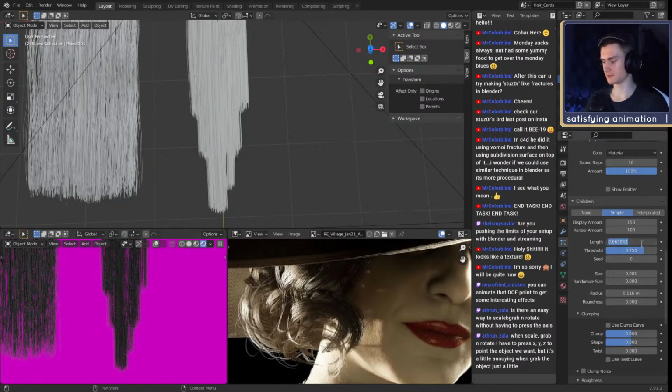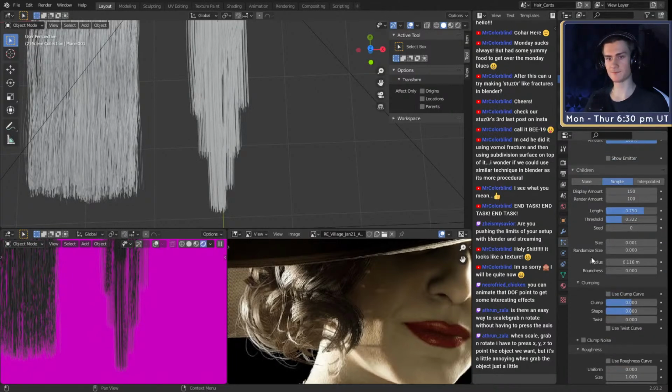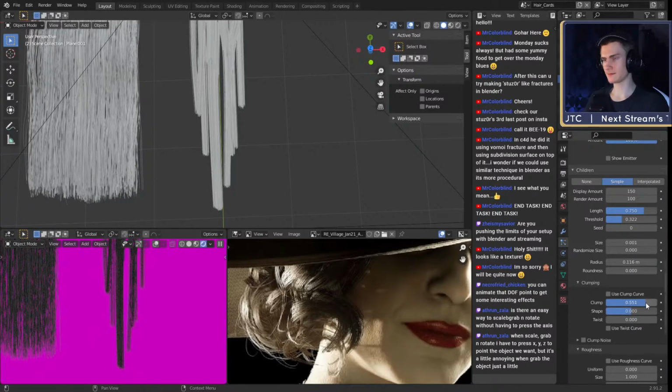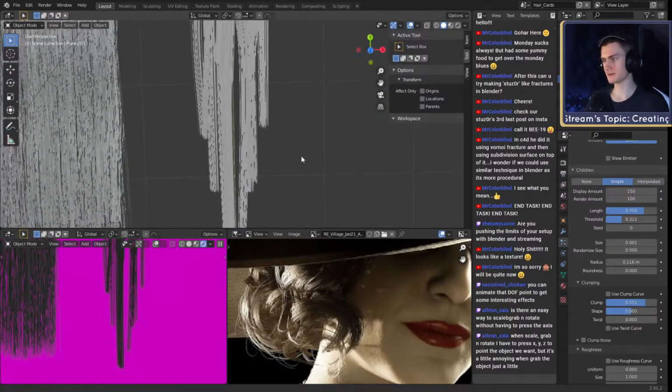Oh, of course, no, 0.75, the threshold. Maybe something more like that. We can then say clumping. Okay. I think that gets us closer to what we want.